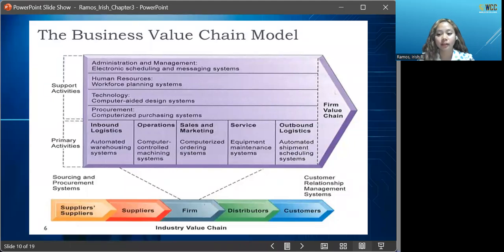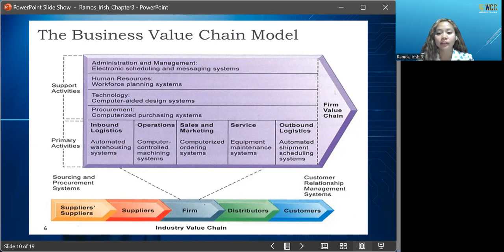According to the value chain concept, a company is composed of a number of fundamental tasks that together give value to its goods and services. This figure provides examples of systems for both primary and support activities of a firm and of its value partners that can add a margin of value to a firm's product or services.